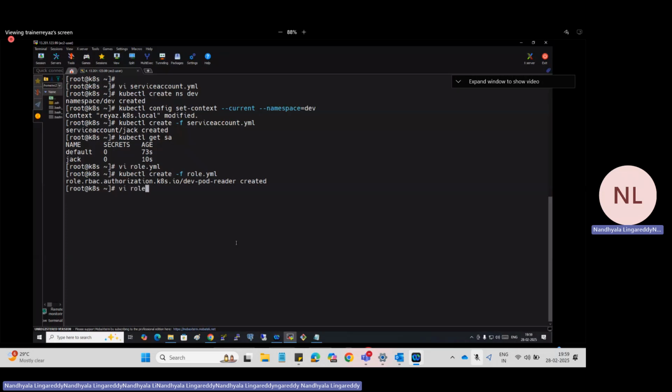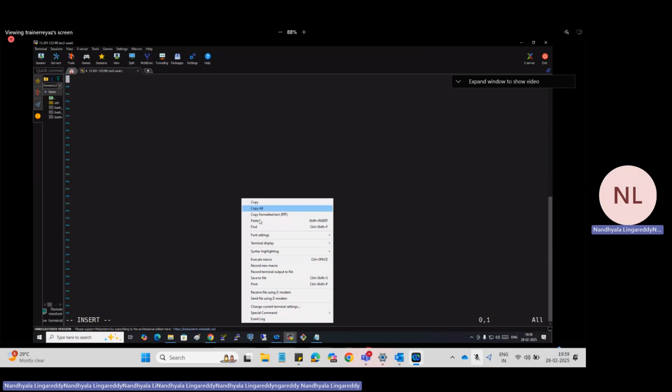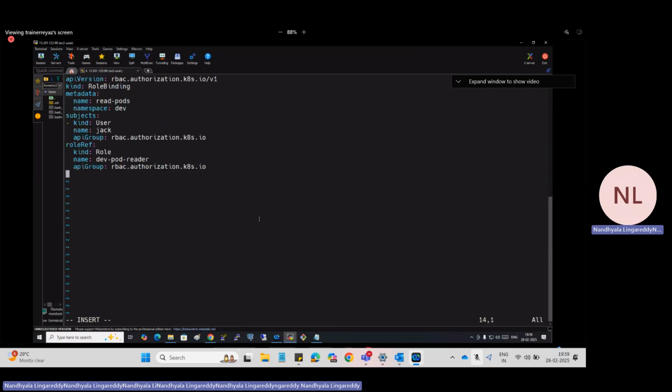Role binding.yaml. See this one. We did it first, see.